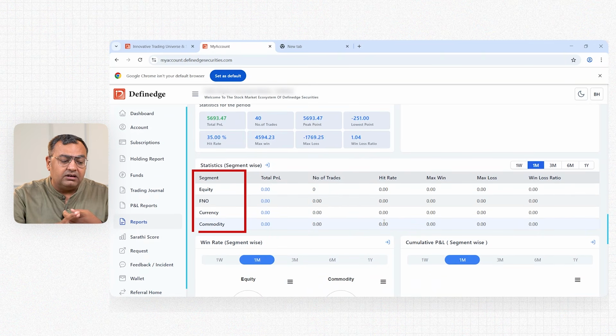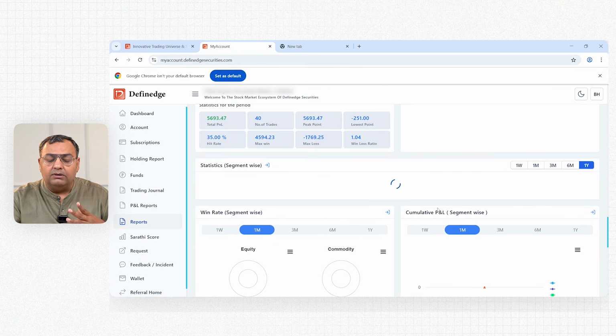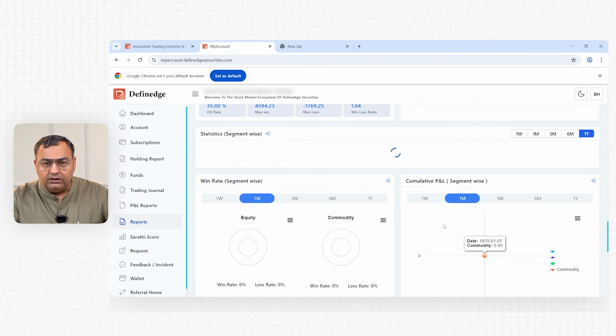ठीक है, then you can also look at segment wise. अगर आप इक्विटी में ट्रेड करते हो, एफएनओ में ट्रेड करते हो, कमोडिटीज में ट्रेड करते हो, करेंसी में ट्रेड करते हो, everything segment wise आप यहाँ पर ट्रैक कर सकते हो. नंबर ऑफ ट्रेड्स कितना हुआ, हिट रेट कितना हुआ, मैक्स विन, मैक्स लॉस जो मैंने आपको बताया, आप वो सेगमेंट वाइज डिवाइड कर सकते हो. 1 मंथ, 6 मंथ्स, 1 ईयर, everything is available over the year. So this is one you should